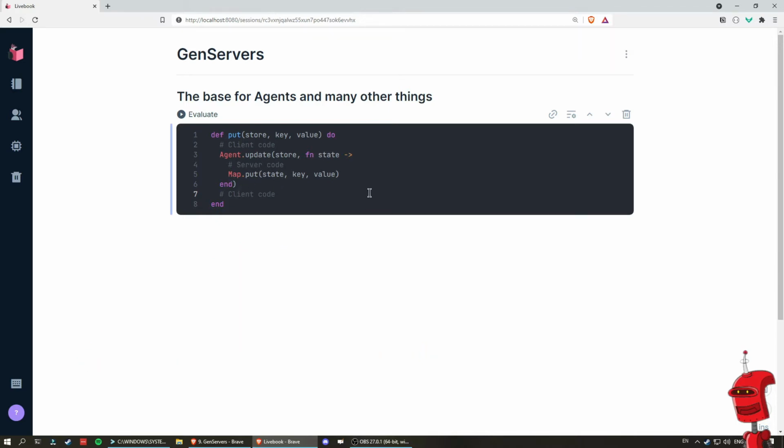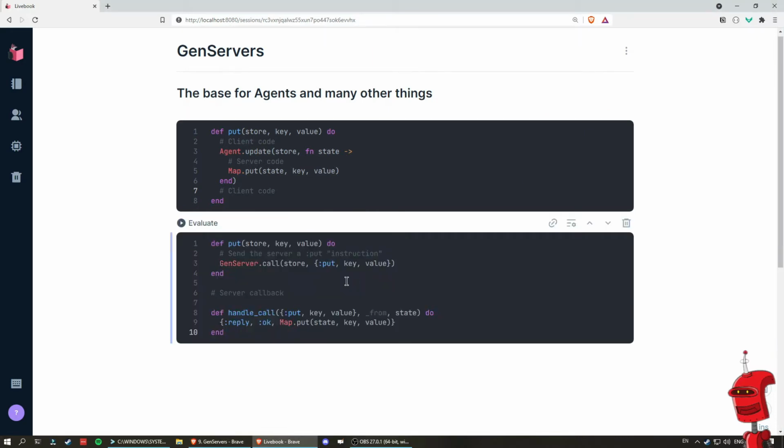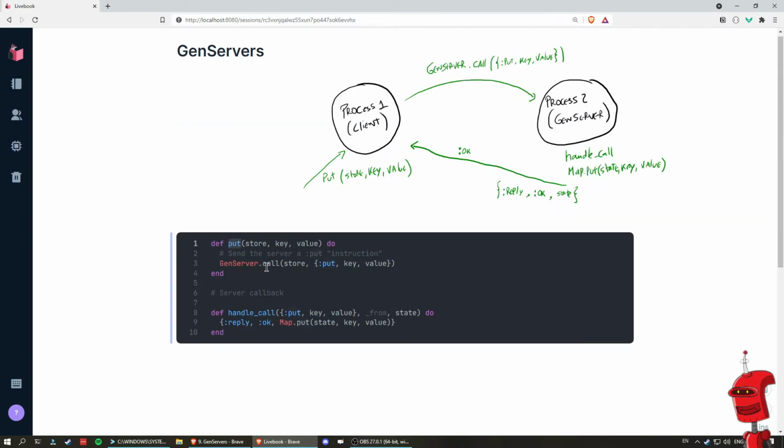While in GenServers, this is explicitly split. In a GenServer, what you would do is have a client function, exactly like we had for agents, but then you would send a message using the call function on the GenServer module. You would send a message to the server saying, okay, put this key and this value. And this is just basically a tuple. It can be actually anything that you pattern match, and you are going to pattern match that on a server